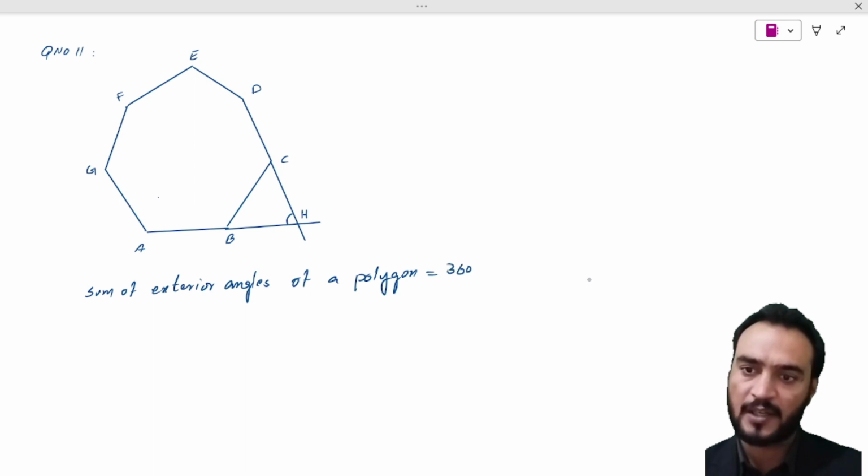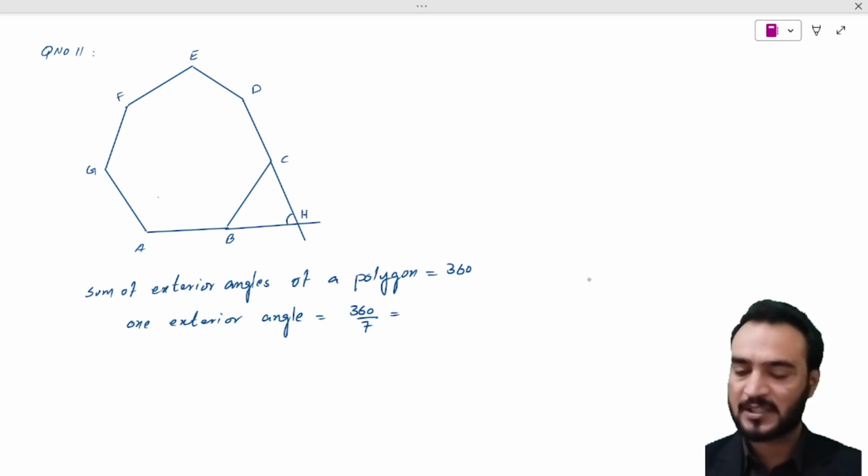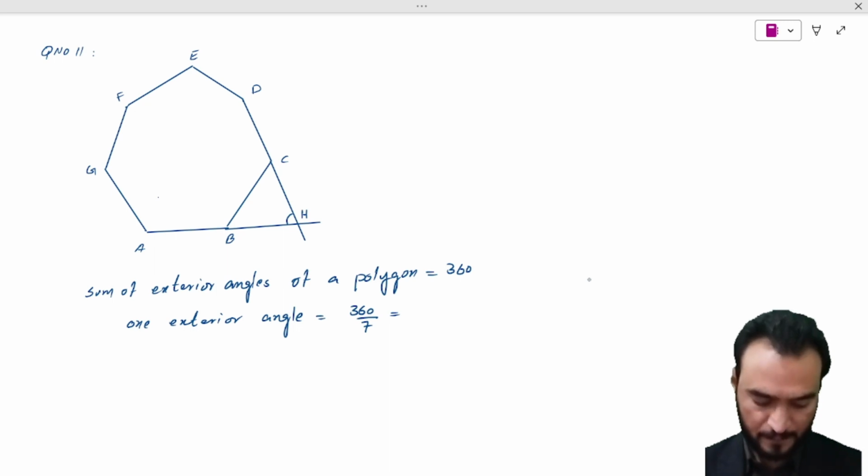We need to find one exterior angle, and one exterior angle is equal to 360 over 7, because this is a regular heptagon, a polygon with 7 sides. So we divide the sum of exterior angles by 7 to get one exterior angle. So 360 divided by 7 is